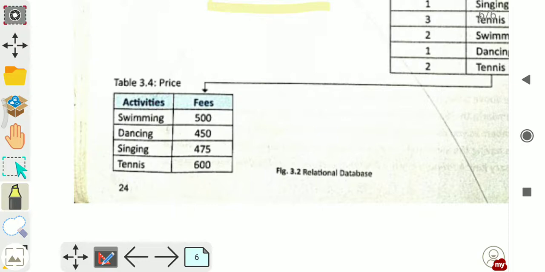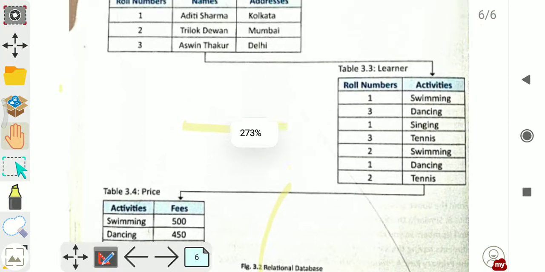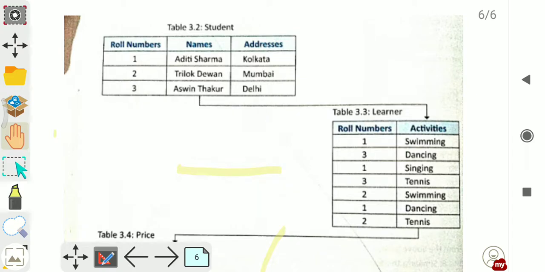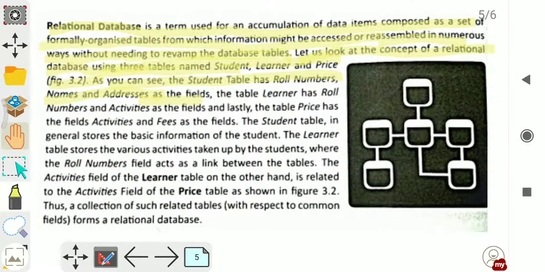So here three tables are there, and their fields and records have been mentioned. Now let us see here the table learner.